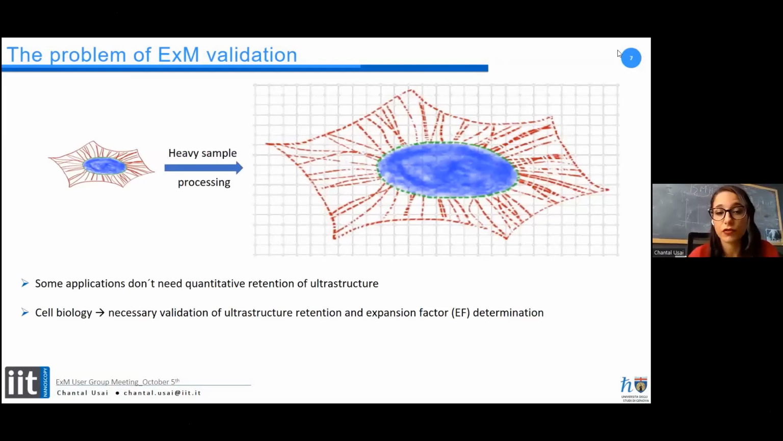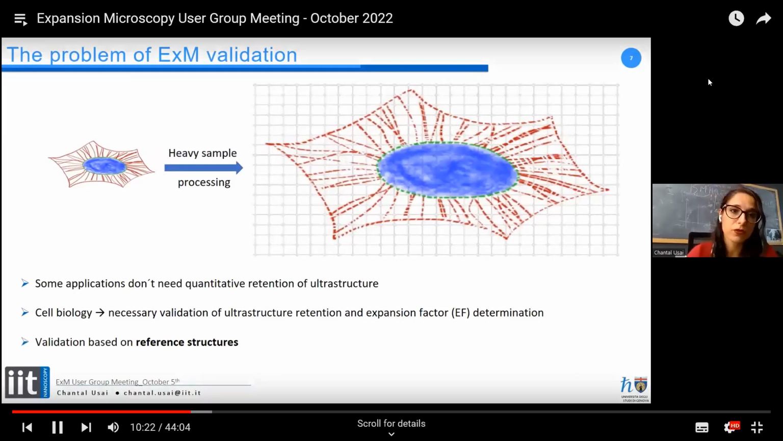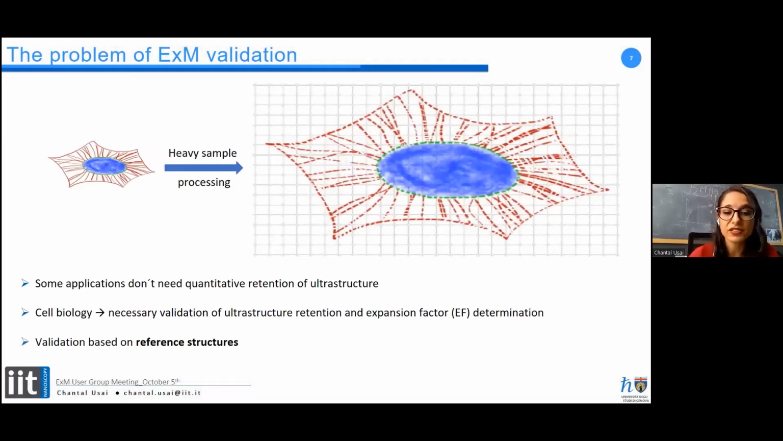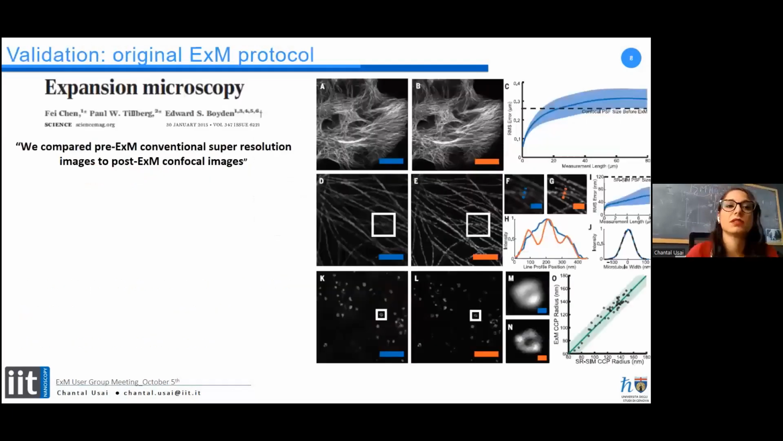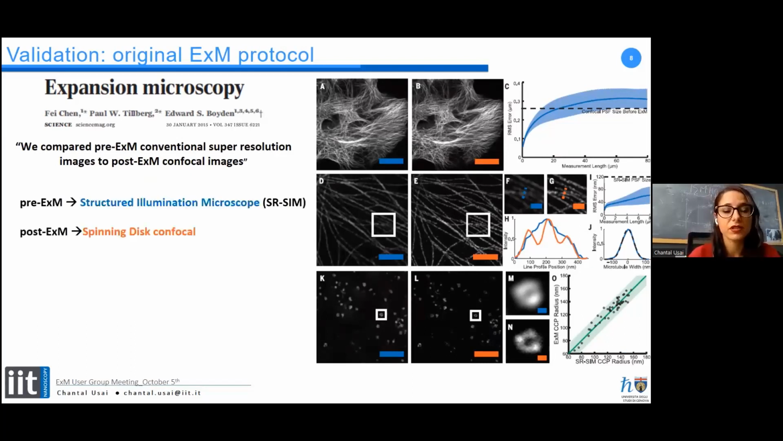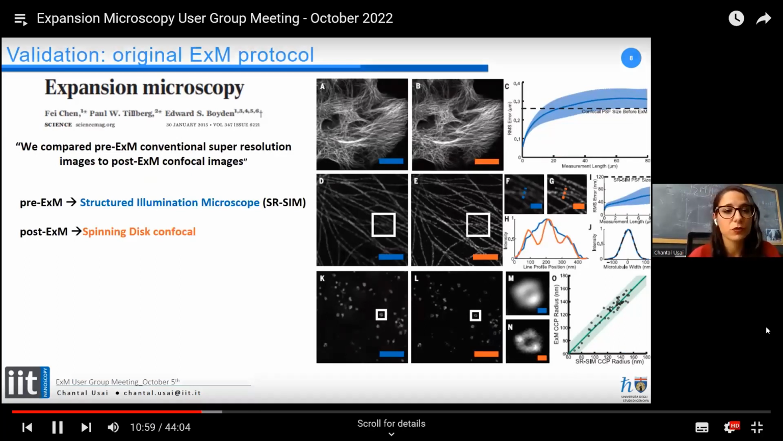And so in the last 2 years, a few examples of how you can validate your expansion protocol based on reference structures came out. Let's step briefly back and see how the validation was performed in the original protocol. As we know, the first validation was a comparative analysis between pre-expansion imaging taken using super resolution microscopy and post-expansion confocal images. In the first paper of Professor Boyden, they used structured illumination microscopy as the super resolution technique,